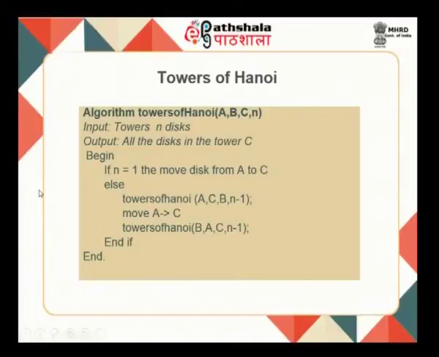It is very compact. If n equal to 1, that means only one disk, you can move the disk directly from A to C, otherwise you move n minus 1 disks to B using B as the temporary one, then move the larger disk from A to C, and all the n minus 1 disks from the intermediate are transferred to your target.